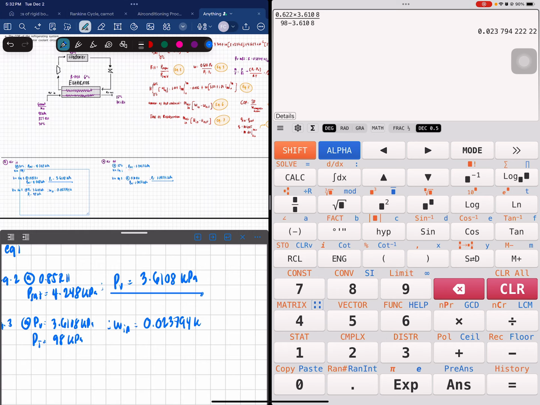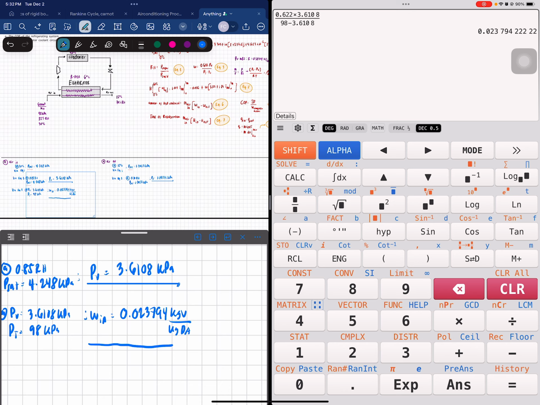0.023794 kilograms of vapor over kilograms of dry air. Again, on our separate video, we have discussed the concept of total pressure. If you have a vapor pressure existing, notice that your air will be wet, and through Dalton's law of pressure, the corresponding amount of moles or mass of your air is equal to the ratio of your vapor pressure to your total pressure. Okay,